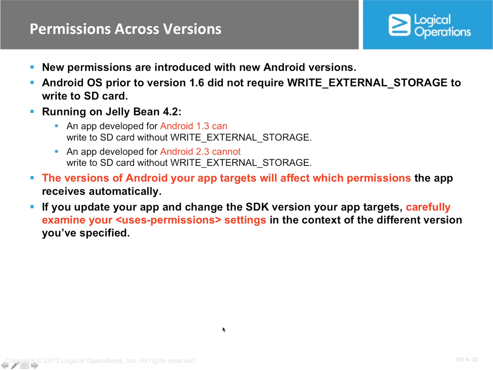Okay, so it's important to understand that not all permissions are made equal. I should say, depending on the versions that you're running, they will either be inherited, or you will actually have to call out a specific permission. In Android 1.3, for instance, writing to the SD card without write external storage was permitted. Through the evolution of the app, Android 2.3 cannot write to the external card unless you expressly permit